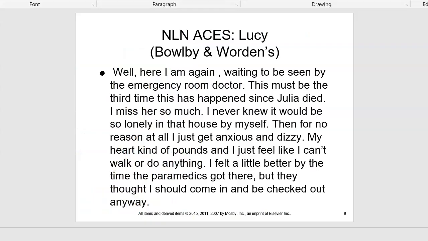Our second theorist is Bowlby, and there are 4 phases of mourning. Attachment is the first one, and that's the behavior that leads to lifelong bonds of affection. This was specifically talking between children and their primary caregivers, so parents and their children. Then in the numbing phase, this is when the loss has just occurred, and the person who has had the loss has extreme emotion and might report feeling stunned or numb.